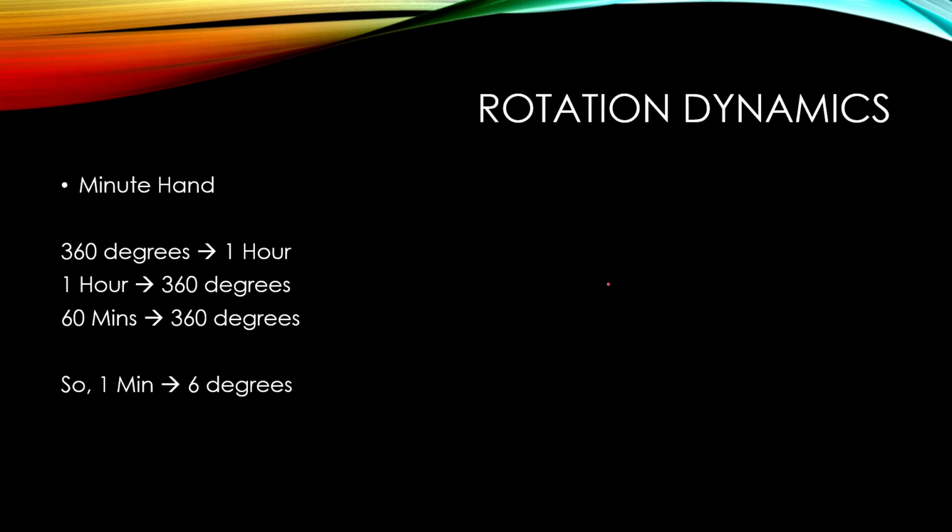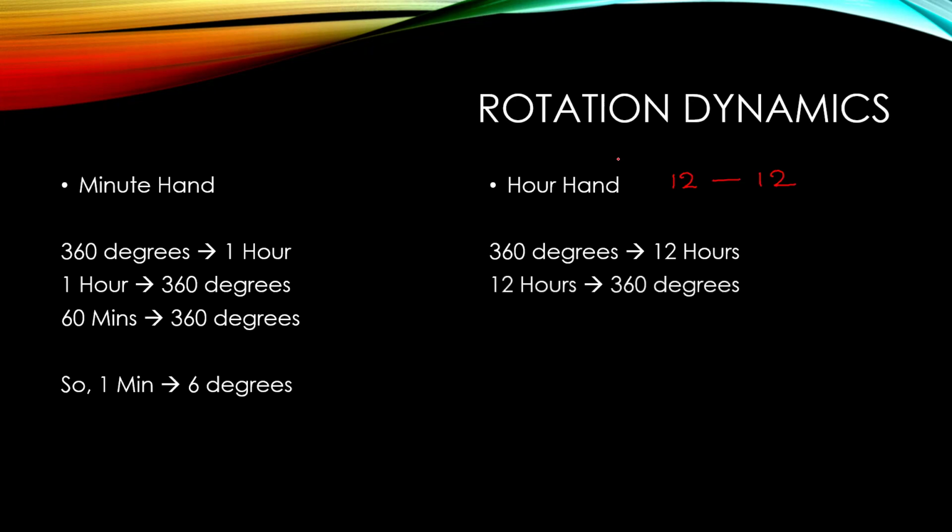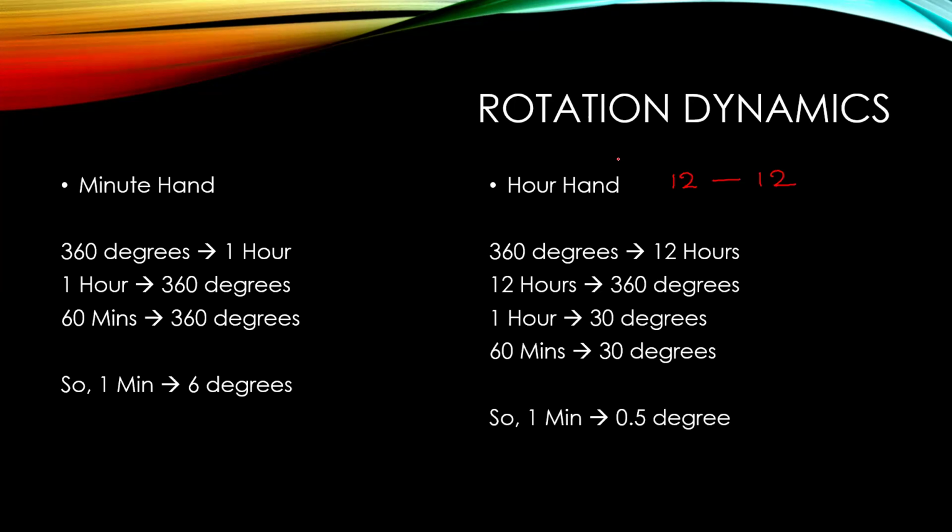Now, let us talk about the rotation dynamics pertaining to the hour hand of the clock. Consider the time duration from 12 noon to 12 midnight. That corresponds to a 12-hour duration, right? So the hour hand will cover 360 degrees, one full rotation, in 12 hours. Let me put it the other way around. In 12 hours, the hour hand will cover 360 degrees, which means in 1 hour, the hour hand will cover 30 degrees. But you know, 1 hour is 60 minutes. In 60 minutes, the hour hand will cover 30 degrees, which means in 1 minute, the hour hand will cover